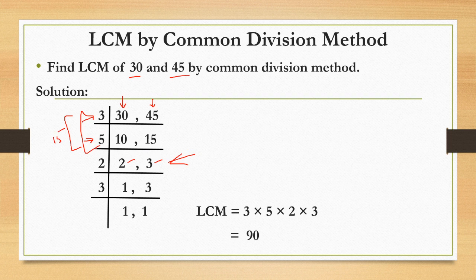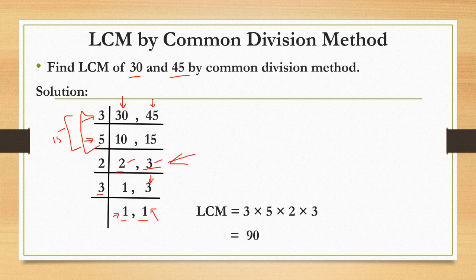But in case of LCM we continue dividing by prime numbers. So we divide this 2 by 2 and get 1, but 2 cannot divide 3, so 3 is written as the same. In the next step we take 3 as our common division and divide this 3. We already have 1 here, so we do not divide it, but when we divide 3 by 3 we get 1. We have to continue division till we get 1 in our remainder.